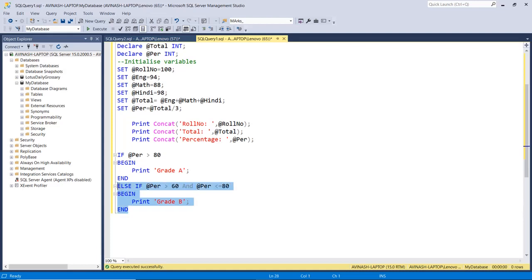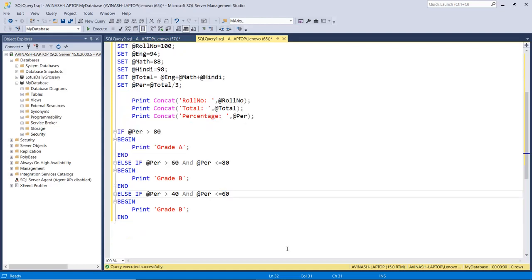One more condition, greater than 40 and 60. Suppose no condition is satisfied, then we can define else part. Say grade fail.